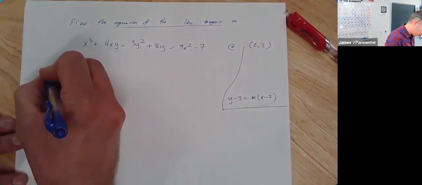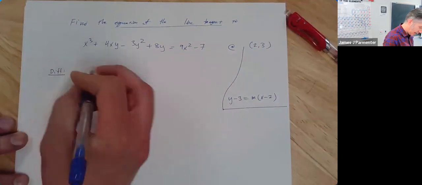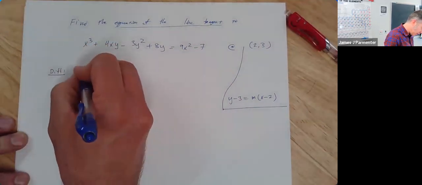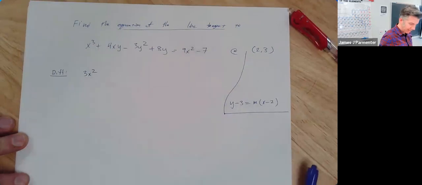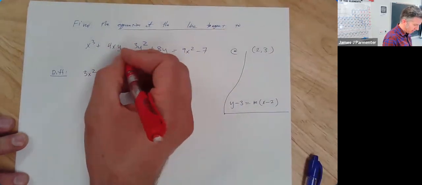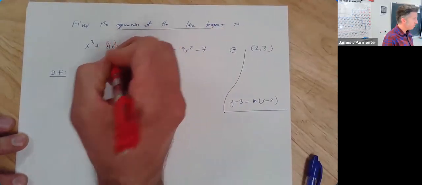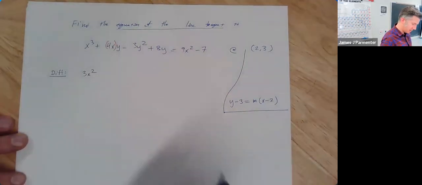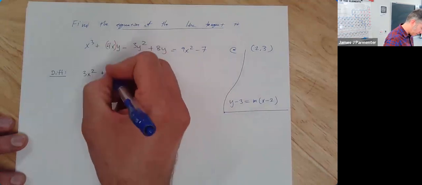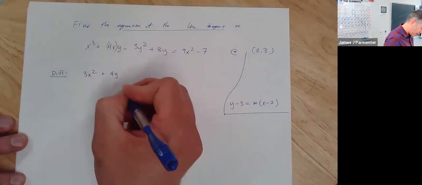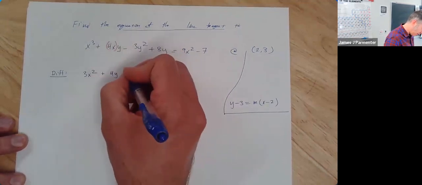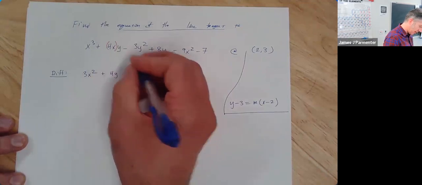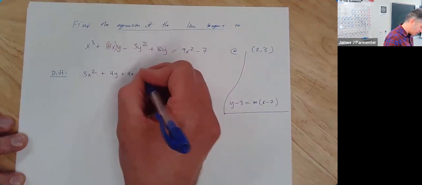First, we're going to differentiate both sides. Okay, derivative of x cubed is 3x squared. Again, I think it's worthwhile to think of 4xy as specifically 4x times y. 4x is one piece, y is the other piece. So the derivative of 4x is 4, multiply it by y. Then leave the 4x alone, multiply it by the derivative of y, which is 1 times y prime,